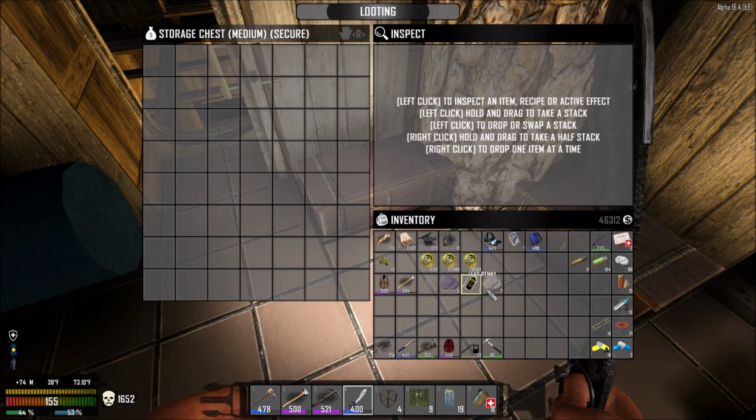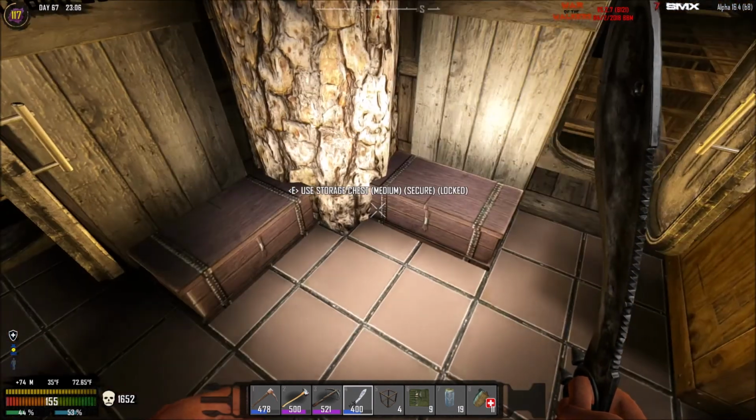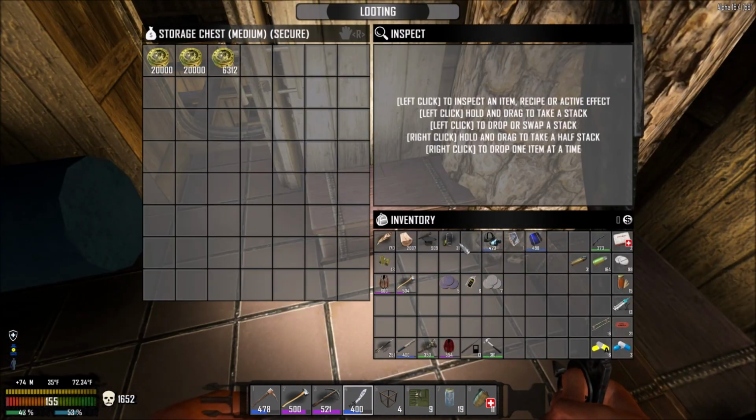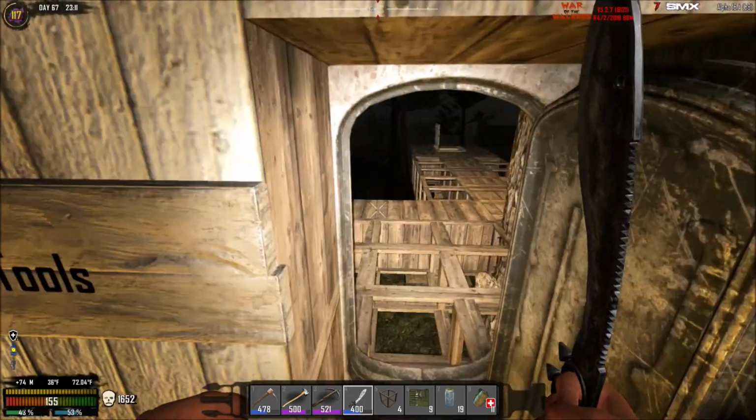Trade goods, my chest is empty, but I could put all my dukes in there. And then I've got an awful lot of stuff to put away. I've got various things in there, haven't I? What I might just do, I've got a solar bank and a solar cell. I'm going to put those in the